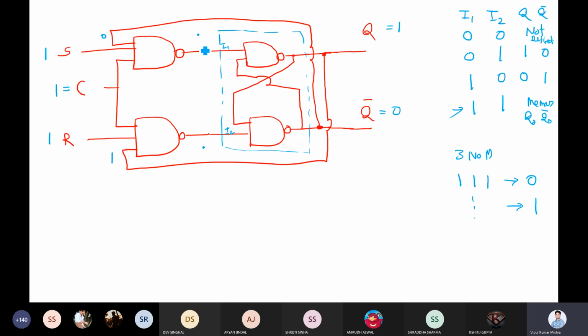What you will get? 1. What about here? 0, 0. Then you have 1, 0. Now once you have 1, 0, then what will be the final value here?